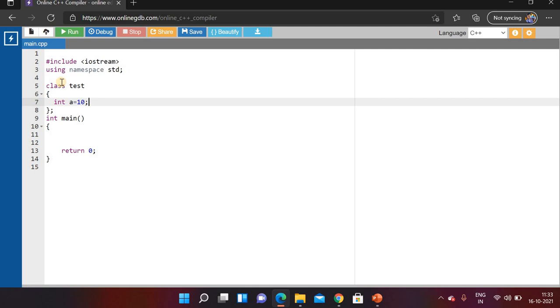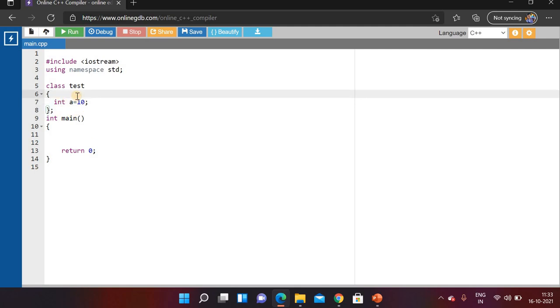We are not using any access specifier here, because if we do not specify any access specifier while declaring a variable within the class, the default access specifier is private, so our a is private here.